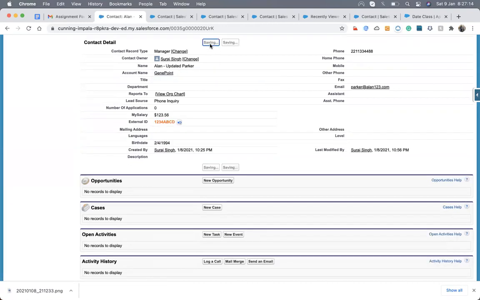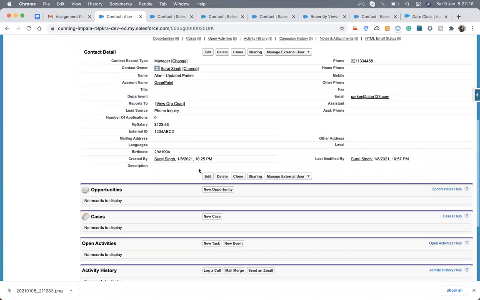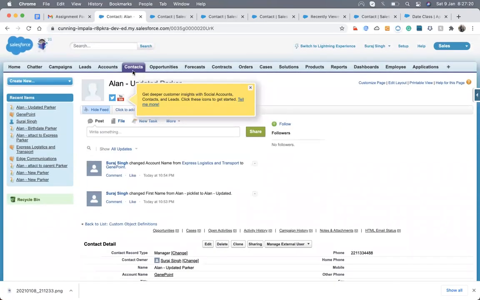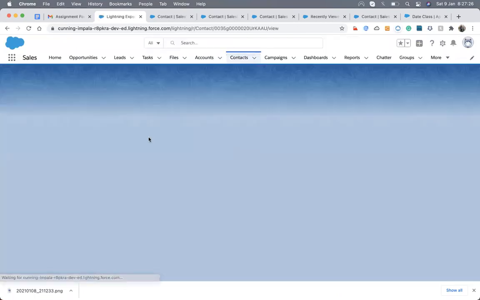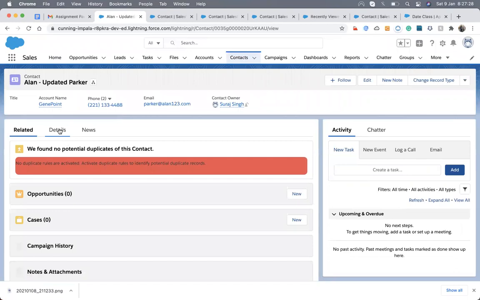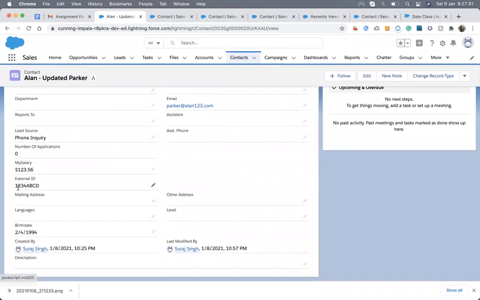I made it text. It's saving up here, I don't know why it's not saving there. Switch back. That's why sometimes I just put the external ID up here. Okay, so now it's an external ID.